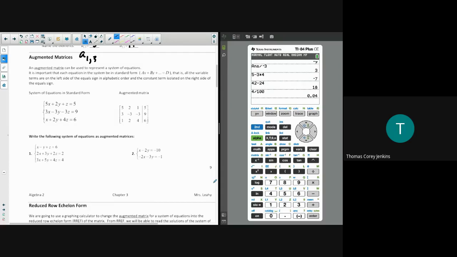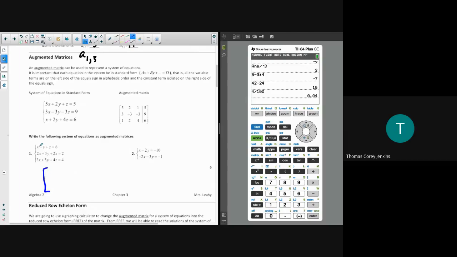So let me just show one of these. Let's just do example 1 together. All right, so a matrix is always just in brackets. Our equation has 3 variables, so that means you need 3 equations. So I know I'm going to have 3 rows with 1, 2, 3, 4 elements apiece, so 4 columns. I can just look at this and tell it's going to be a 3